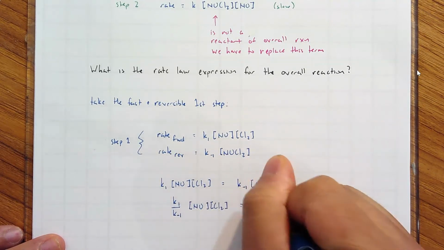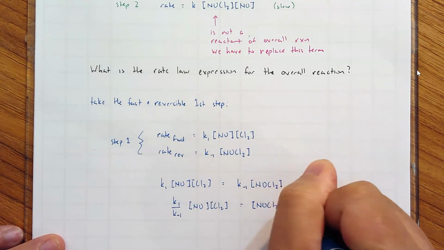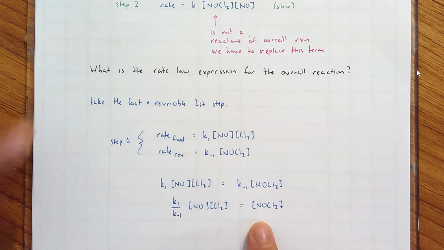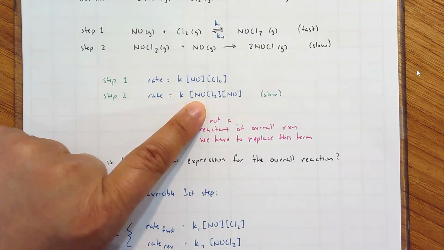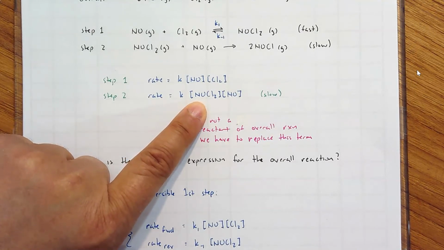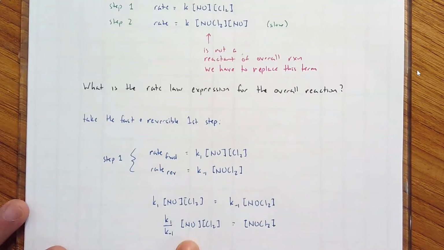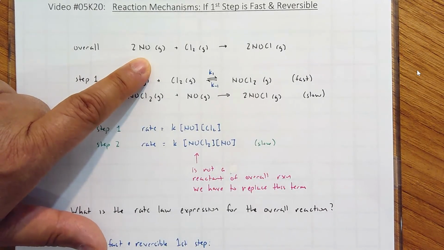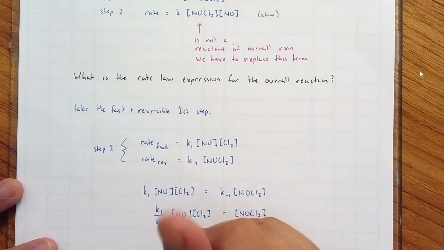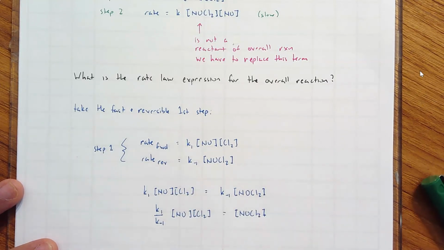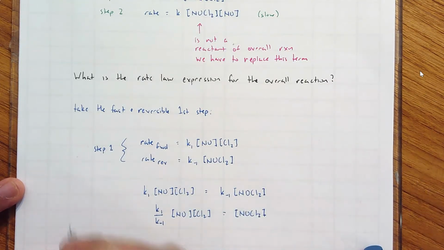NOCl2 equals the concentration of NOCl2. You see how we could take that stuff right there and just smack it right where this concentration is? That's great, because now these two compounds are reactants in our overall reaction. So we are going to take this term and replace it. So recall,